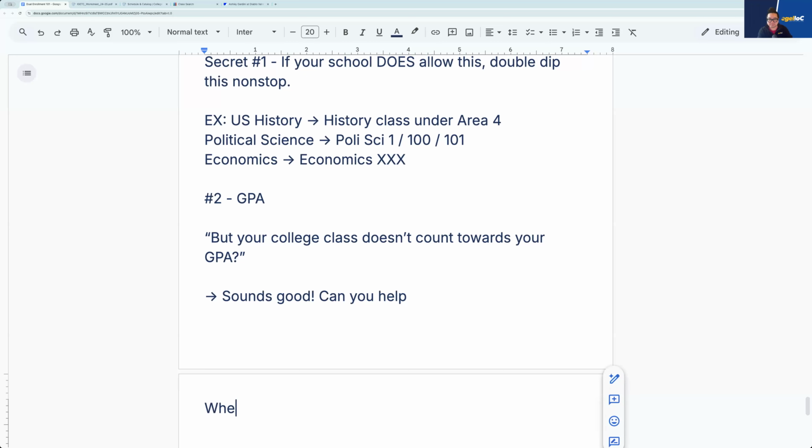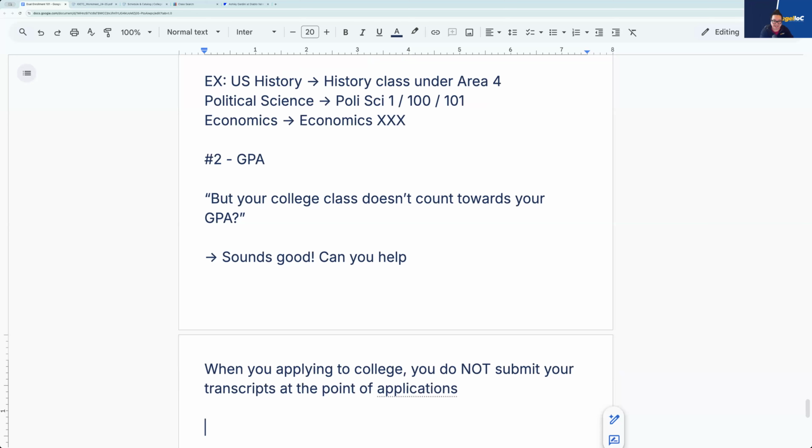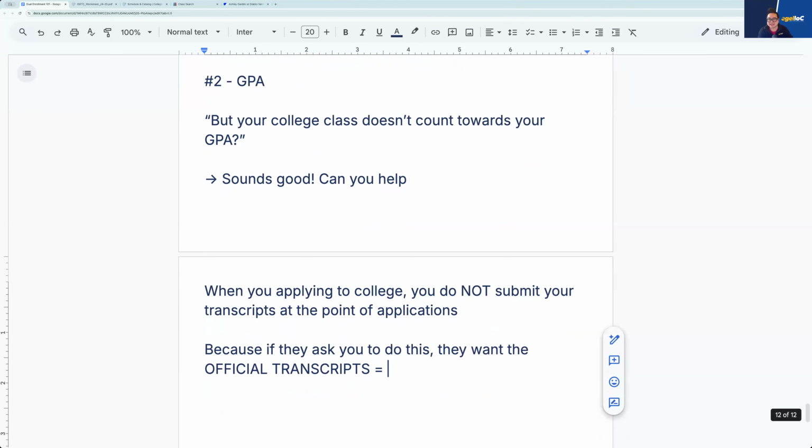Because keep in mind, when you apply as a senior, and for the juniors here, when you're applying to college, you do not submit your transcripts at the point of application. If they ask you for official transcripts, this costs money. Colleges know it's not $4, it's more like $20. So they don't want to make you pay for every single school you're applying to. So with college apps,